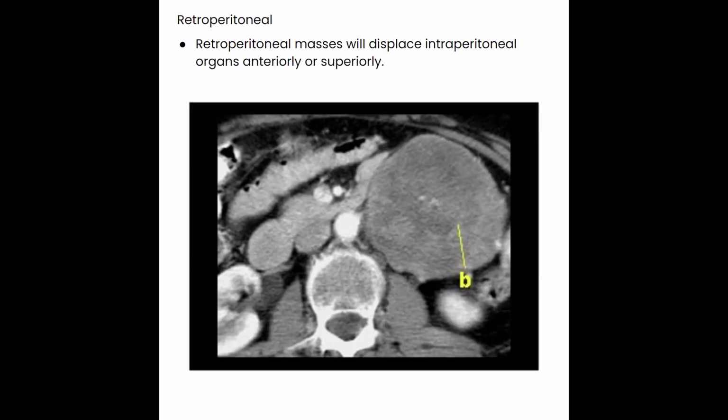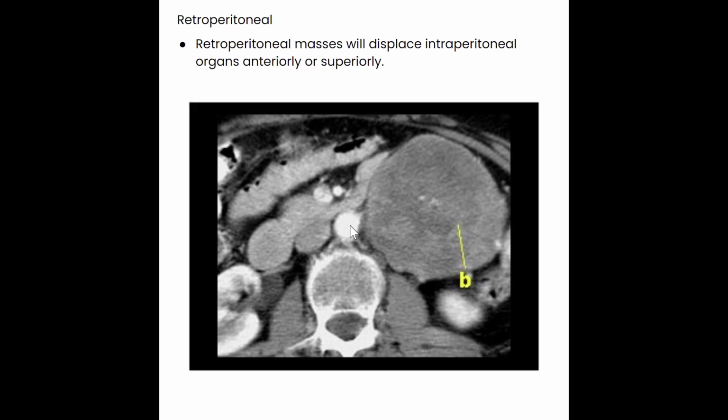We also mentioned earlier that we want to be able to distinguish retroperitoneal masses from intraperitoneal masses. So when we see something in the retroperitoneum, what we typically see is that it is going to push those peritoneal organs, push those peritoneal vessels a little bit more anterior. And that is what we're seeing in this CT as well. So we have this retroperitoneal mass. We can see that it's kind of shifting everything out of the way from in the peritoneum and actually some